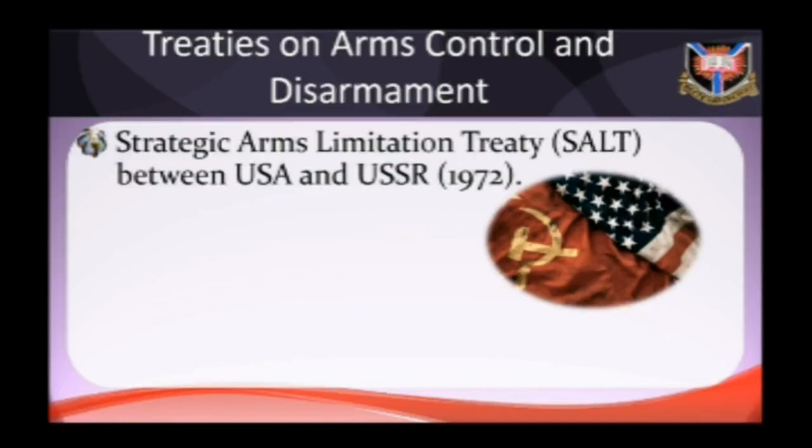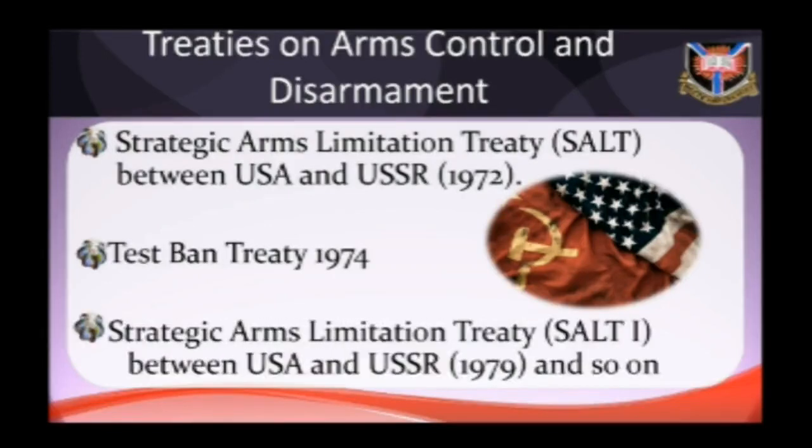It established limits for a 5-year period on the number of launches of strategic weapons. 12. Test Ban Treaty of 1974. It prohibits underground nuclear weapon testing having a yield of over 150 kilotons. 13. Strategic Arms Limitation Treaty, SALT II, between USA and USSR, 1979, and so on. There was another agreement, INF, between the US and the USSR in 1987, limiting the number of certain strategic nuclear